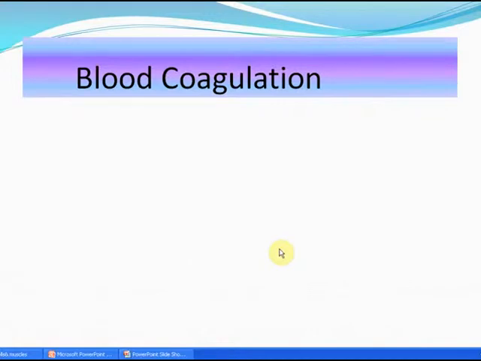Why do we need coagulation of blood? Is there any need? Of course, because blood must flow freely through the blood vessels in order to sustain life. But if a blood vessel is traumatized, the blood must clot to prevent life from flowing away. The body must provide a system that can be activated instantaneously to stop the flow of blood, that is blood coagulation. In brief, blood coagulation is the conversion of liquid blood into a semi-solid jelly, and it occurs at the place of injury to the blood vessel from which blood begins to ooze out.